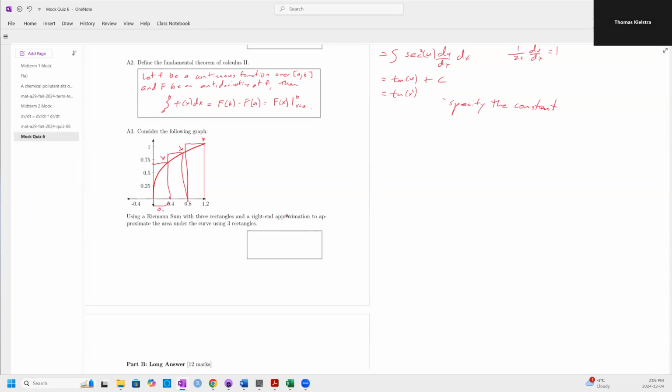And here, the interval is 0.4, 0.4, 0.4 long. My height is approximately 0.7. This height is approximately 0.8 or 0.9. And this height is approximately 1.1, let's say. I know this isn't great, but it's an approximation. And here, this is A1, A2, and A3. Now, if you were to show us this work, and then you would say A equals 0.4 times 0.7 plus 0.4 times 0.9 plus 0.4 times 1.1,